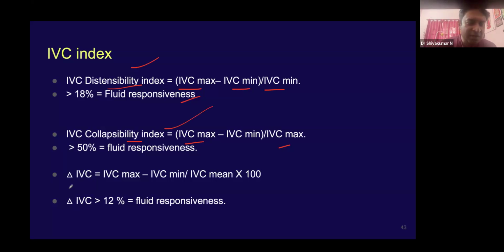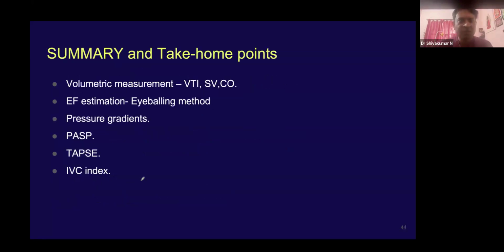The other IVC index is called delta IVC. Delta IVC is IVC diameter maximum minus minimum, divided by IVC mean, times 100. If your delta IVC is more than 12%, your patient may be fluid responsive. These are the IVC indices that you should be aware of: the IVC distensibility index, the collapsibility index, and delta IVC. To summarize the cardiac measurements that I spoke about, I discussed velocity time